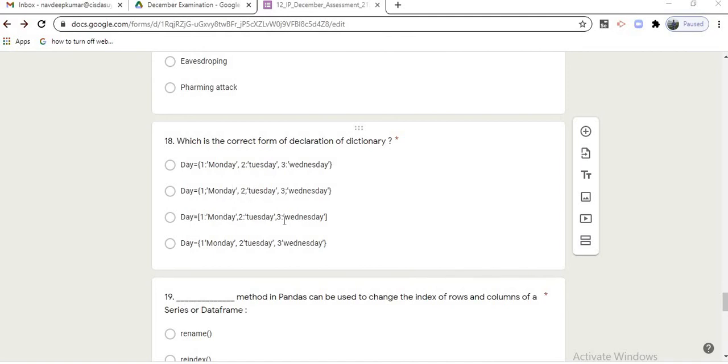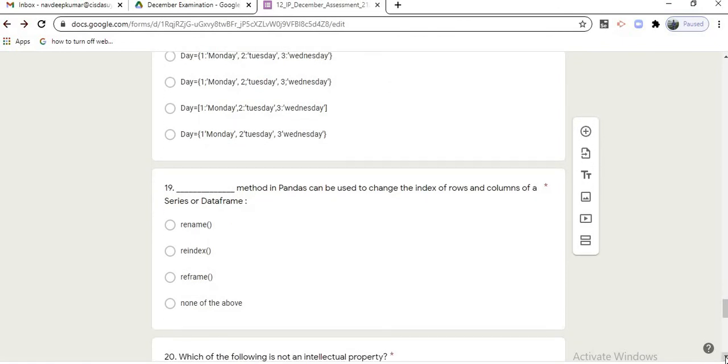Here we have used square brackets, which are used for lists, and here no colon is used. And in this second part, and the first part, the values are separated properly, but here semicolons are used. Semicolons are not allowed here. So the first option is the right option.